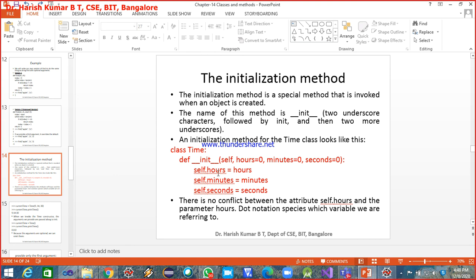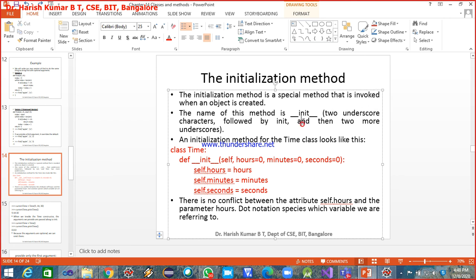This is the initialization method, a special method that is invoked when an object is created. When you write t is equal to the name of the class, opening parenthesis, closing parenthesis, this method is called, and it initializes the object for you. So the name of this method is this.